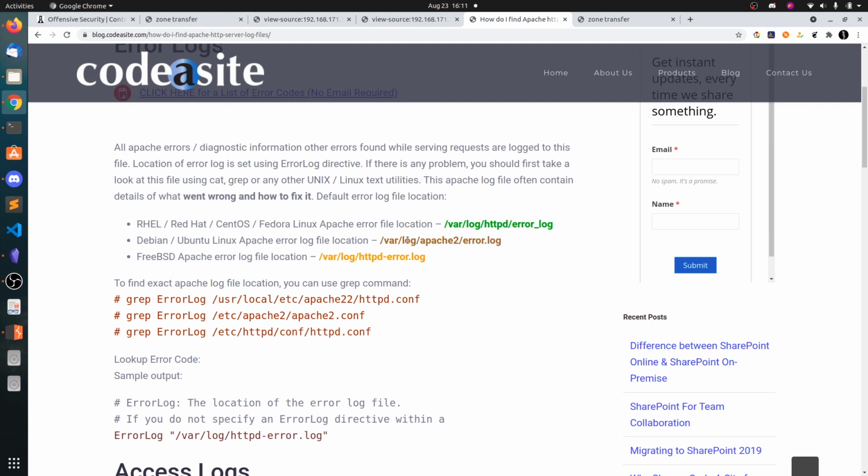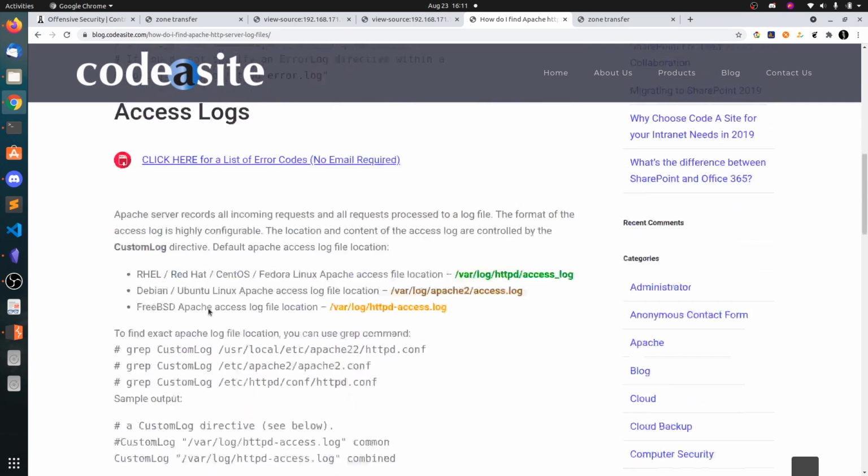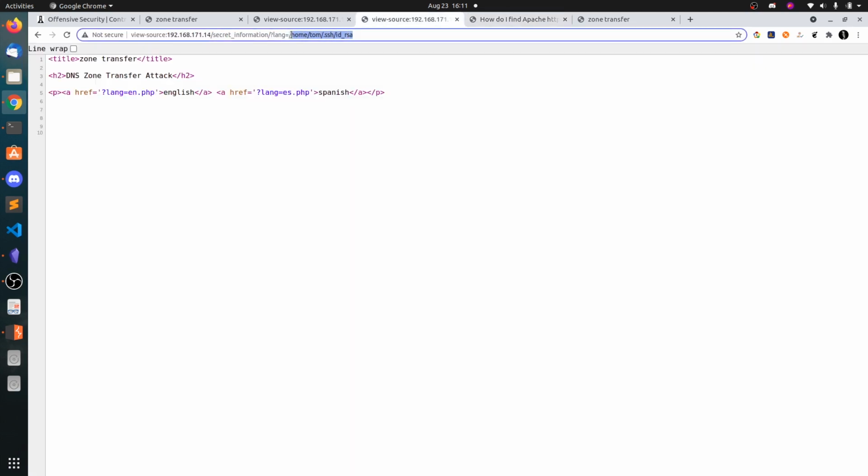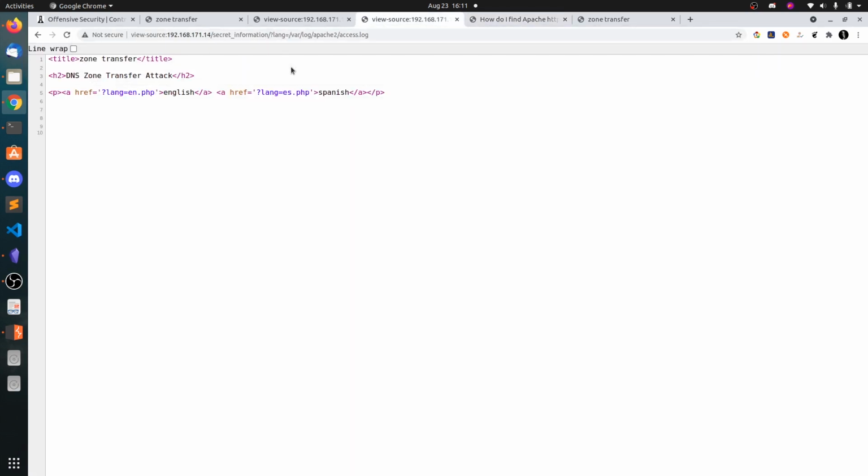So Apache log, sorry, var log apache2. Sorry, not that one, access logs. So copy this. Maybe we did not find anything.